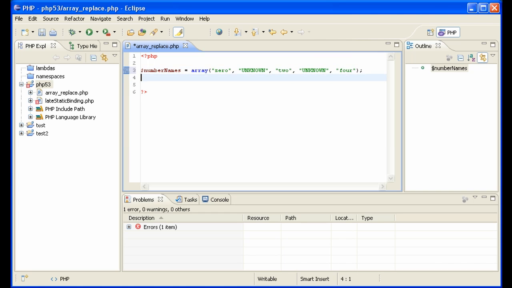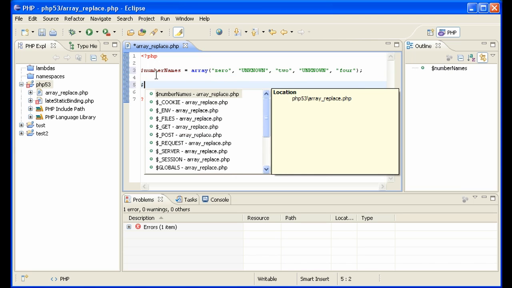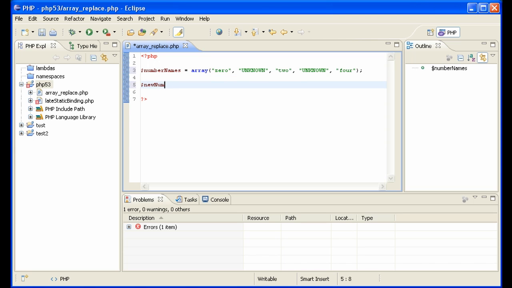So that's the array. So let's say now in your application you get from some source groups of edits that you have to make to this array. So let's say new_number_names equals, and this is also an array, index item number 1 is "waiting". This is going to be replacing this item here. Number 3,